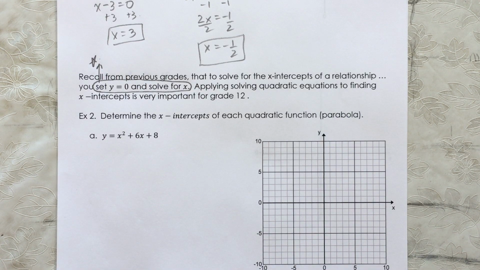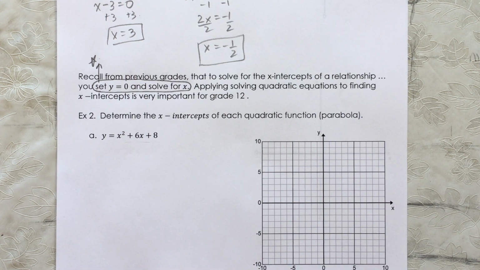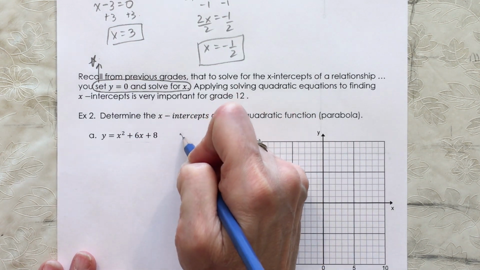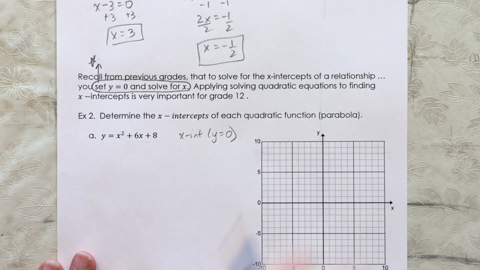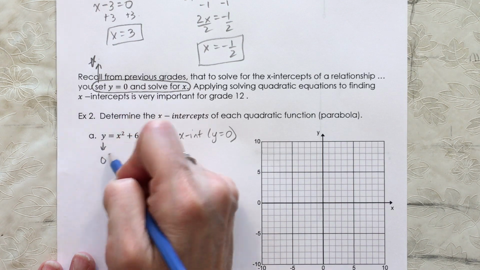So example 2, determine the x-intercepts of each quadratic function. And remember, quadratic function is a parabola. That's what it would look like if you were to draw a picture of it. So here's our first parabola, y equals x squared plus 6x plus 8. So we're going to use that rule then that to find the x-intercept, we set y equal to 0 and solve for x. So I'm going to set y equal to 0